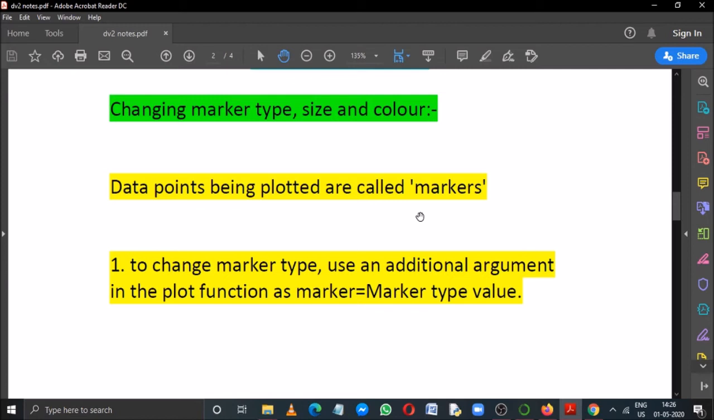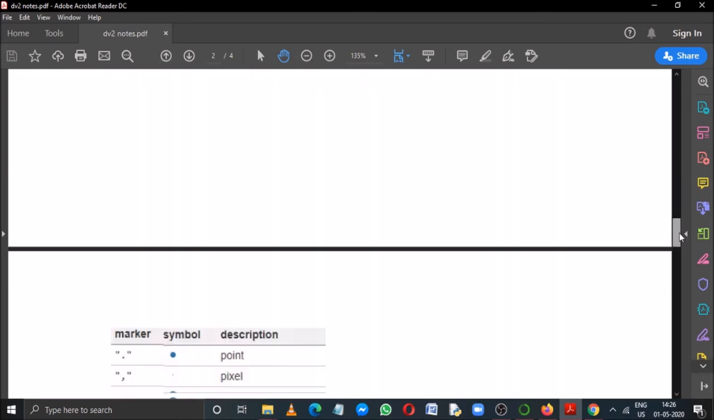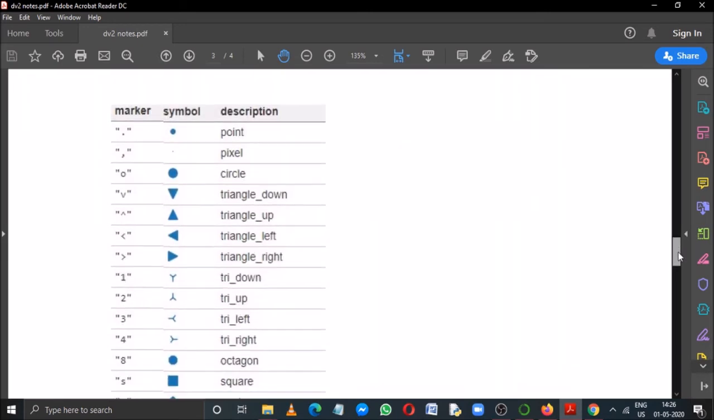The first one is marker type, how to change the marker type. See, if you want to change it, you need to pass another additional argument in the plot function. Name of the argument is marker, as you can see here, marker is equal to, you need to give here a suitable value. Now how will we know which value is there? For this purpose there is another table available. I want to show you that table. Just see,